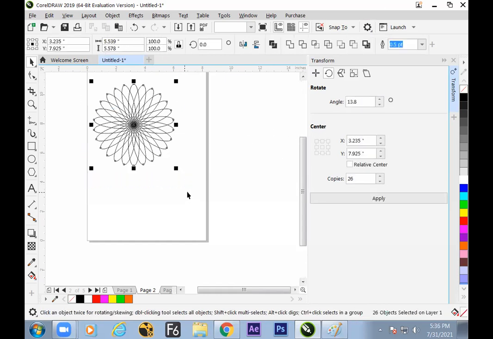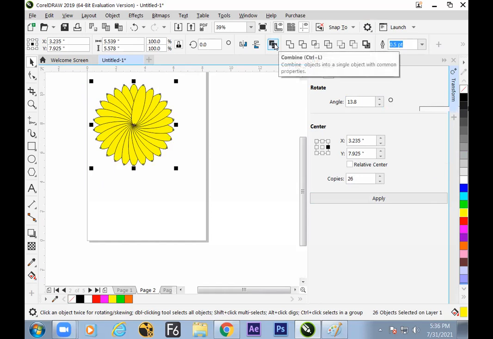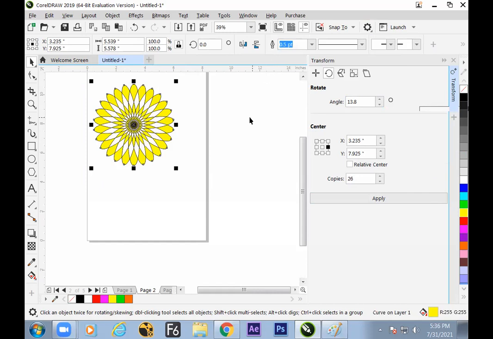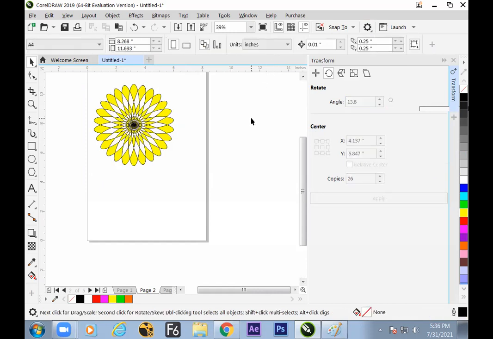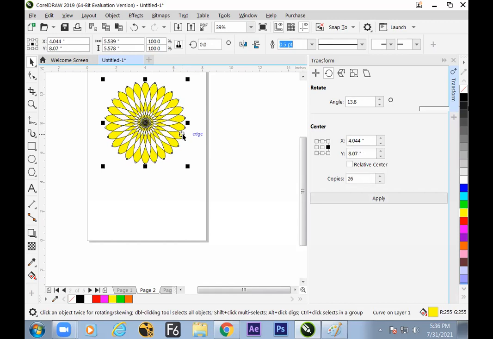This is also duplication. Now the beauty of this duplication, just fill the color of your choice, anything you want. And there is an option here called combine. Am I right? Control L. Check the magic on your screen. The common area becomes transparent. Is it clear? To draw a floral art, it becomes much easier. Hope it is done. Is it clear now?